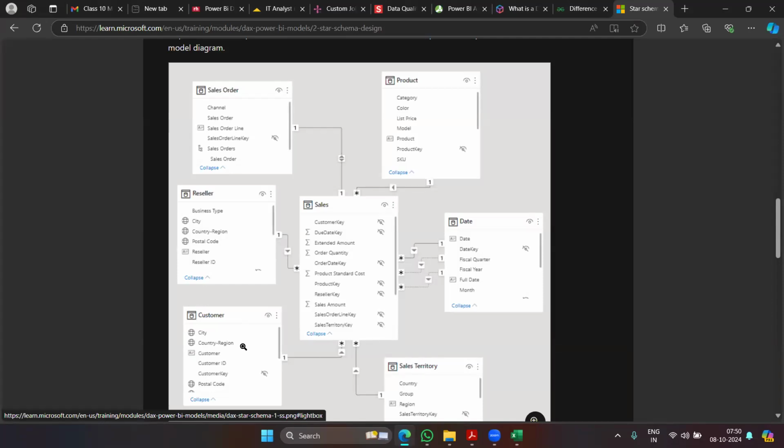Here it is, a customer ID. Similarly, if you have a product ID, I'm going to refer the product ID from the product table, right? So you have the sales table at the center,